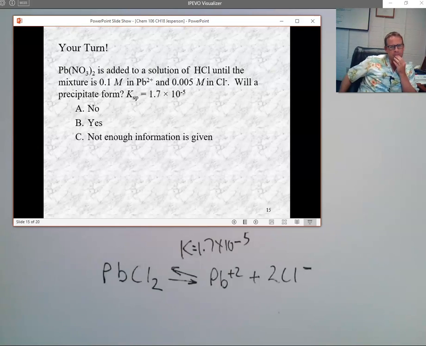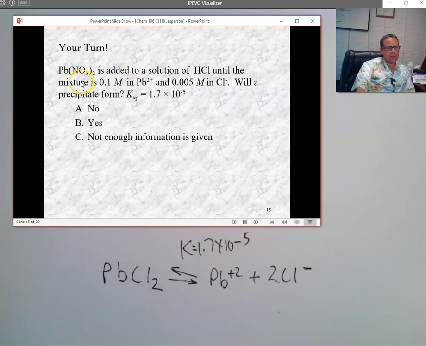Okay, now what do we do? Then we can find the Q of the equation. And we would have to use the 1 molar of Pb. The other ones they gave like an amount, so do we just assume that it's a liter? Well, in this one, they just said what? It's added